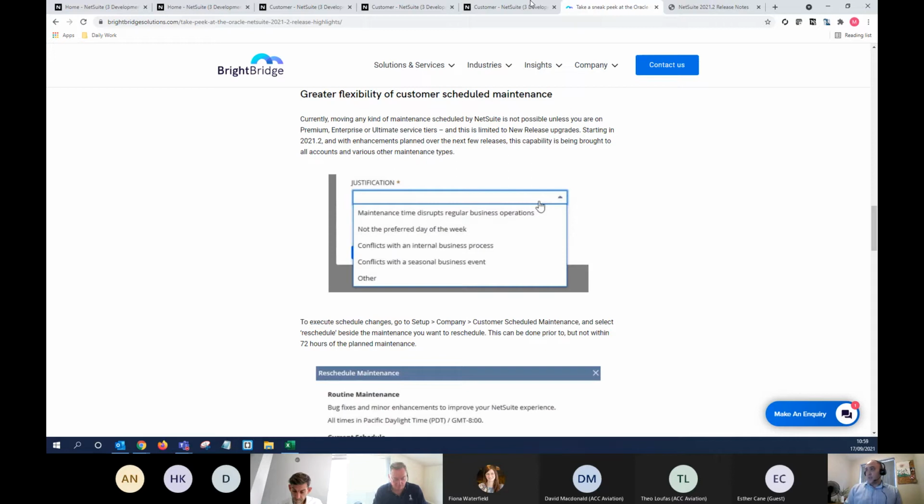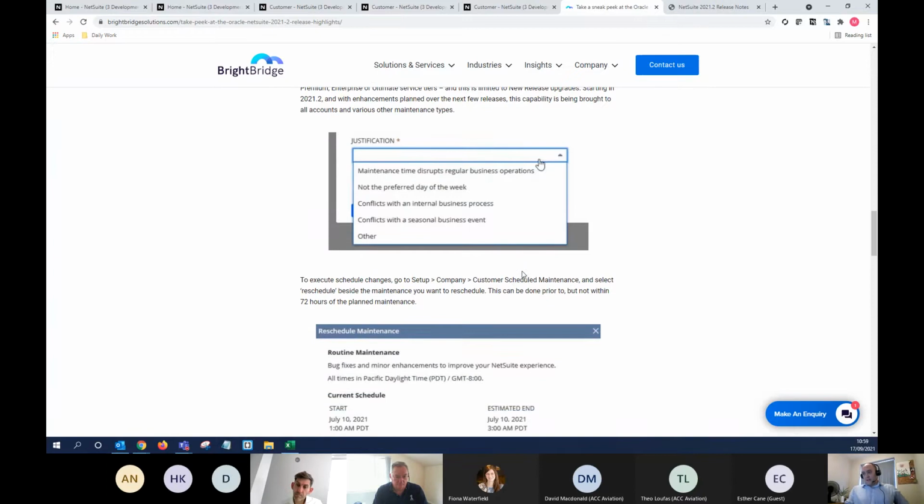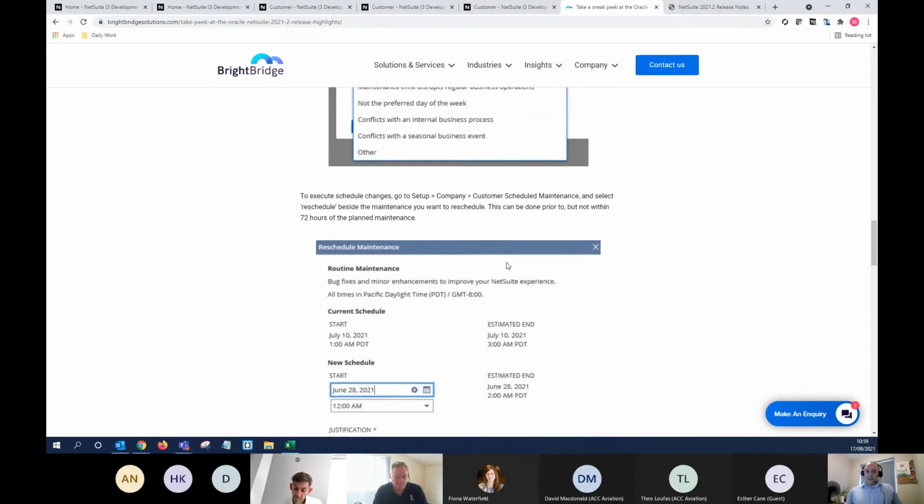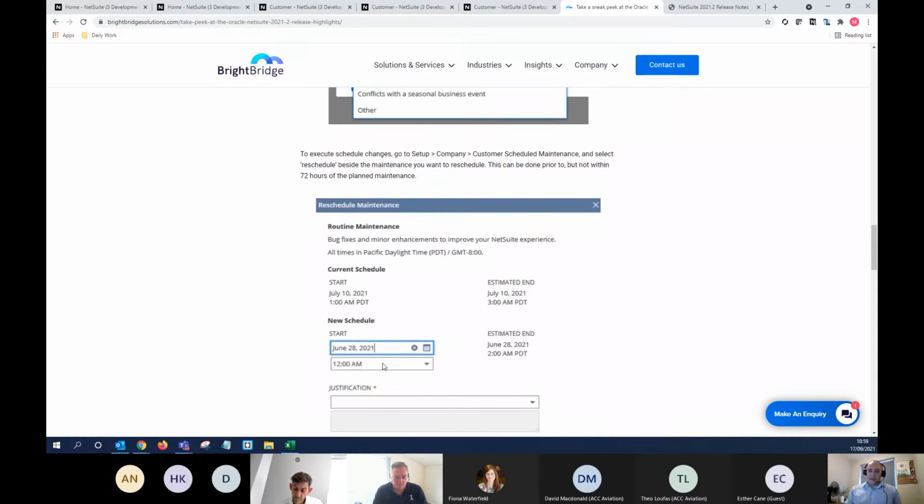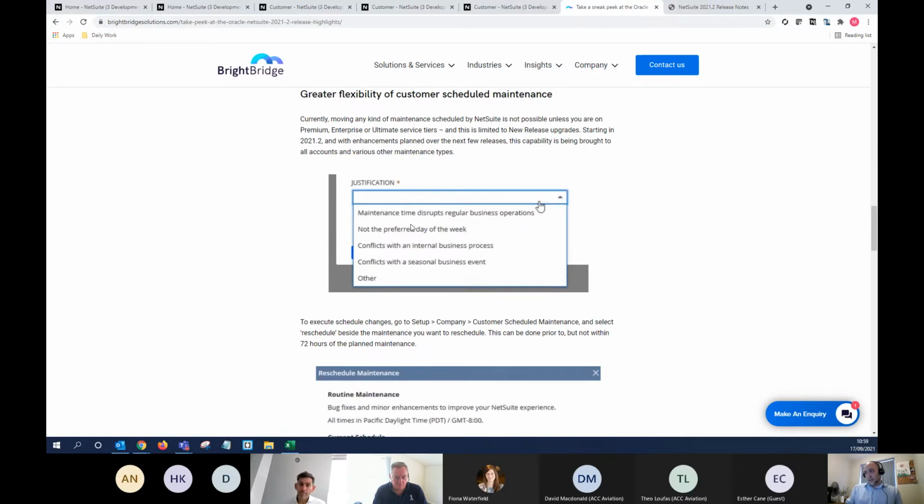What we're now getting is the ability to tell NetSuite, please don't take my website down. Please don't take my account down. I am very busy at that time. Do it somewhere else. So we've got this way of telling NetSuite, okay, I've got this thing, it's going to happen here, you can't do it, and it will give you an option to reschedule it. You'll have a list of scheduled dates when they're doing those particular actions, and if one falls in a particularly bad area and you can see a good one, you can fire it over with a justification to NetSuite as to why, and you can track that through this